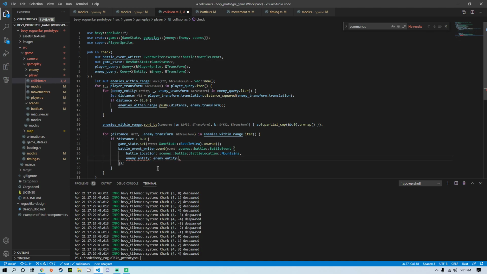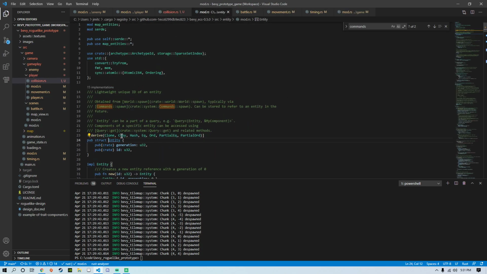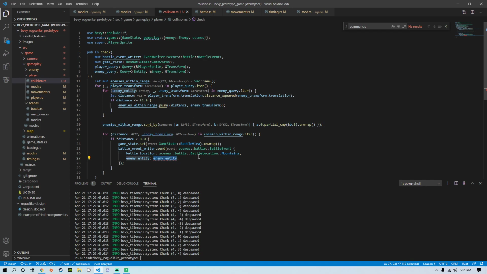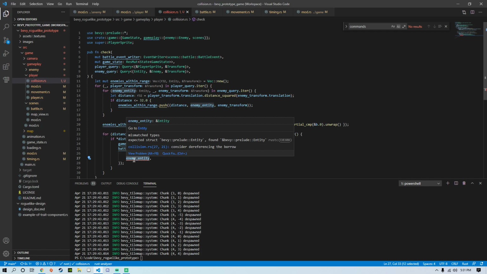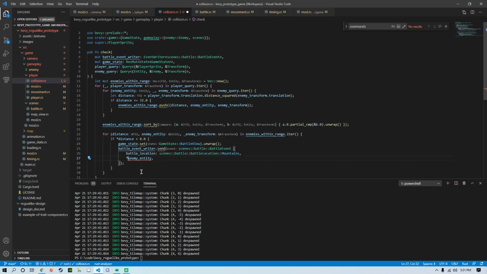Not exactly like that, because we're gonna have to probably clone it. That's my guess. Oh, we have to pass it to. Actually, I think it's copy. Entity's copy, right? But yeah. Cool. In that case, we can just do this, and then enemy entity would be that. Cool. So now just dereference it. Alright. So now that the enemy entity is being passed to our battle event, we can go back over here